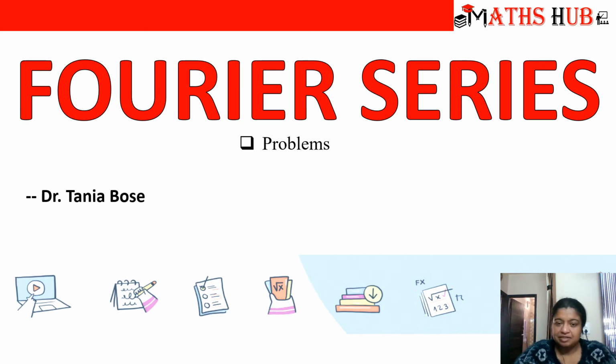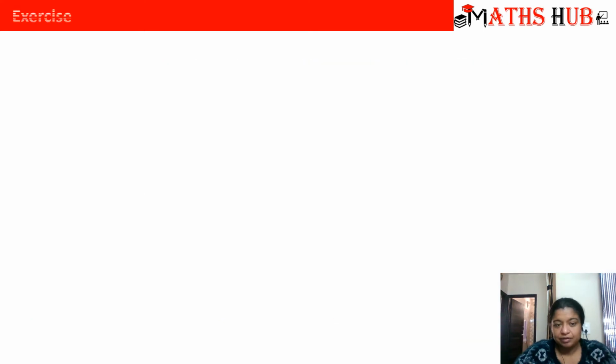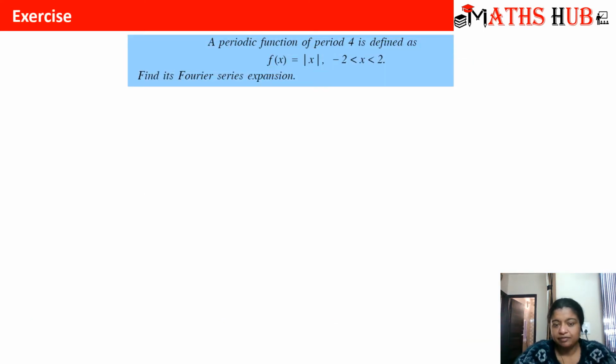So today I'll solve one question that I gave you as a problem in my last video. I hope you have solved it, and if you have not, you can check the steps now, right? The question was: a periodic function of period 4 is defined as f(x) equal to mod x in the interval -2 less than x less than 2, and you have to develop the Fourier series expansion, right? Before we start with this problem, I want to tell you the graph of this function,